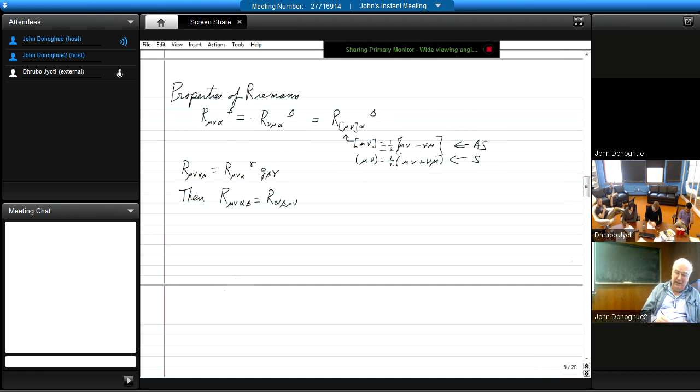So it's symmetric in the first two indices and the second two indices. That implies it's also antisymmetric in alpha beta when they're down below, and since it's antisymmetric in mu nu,